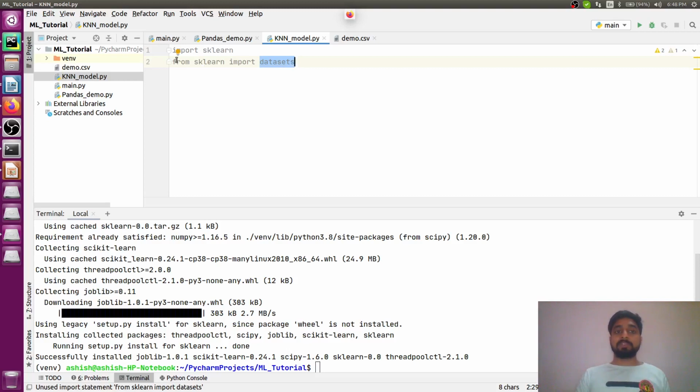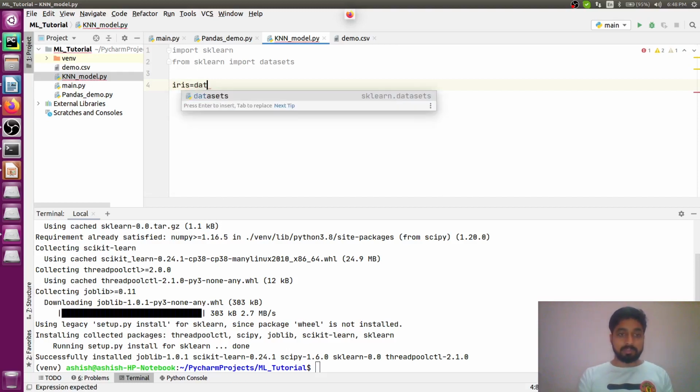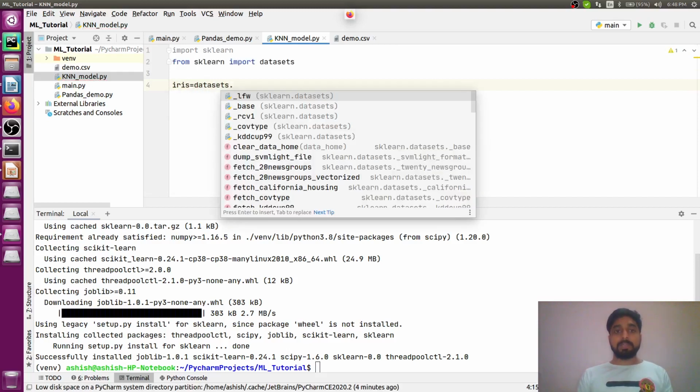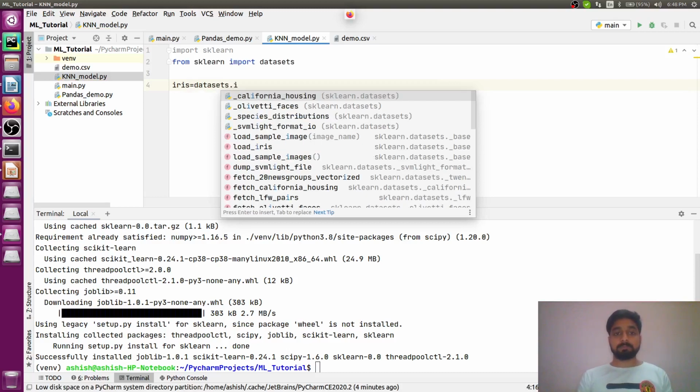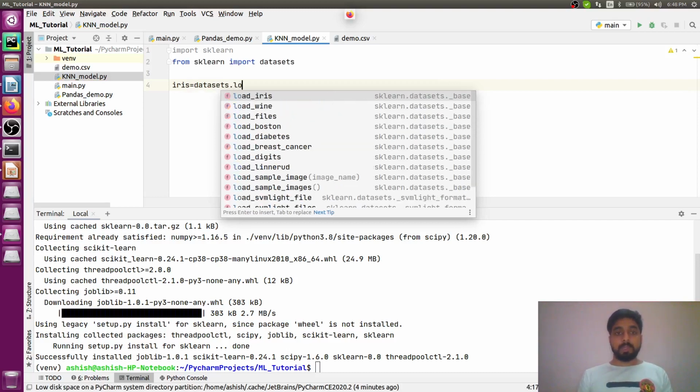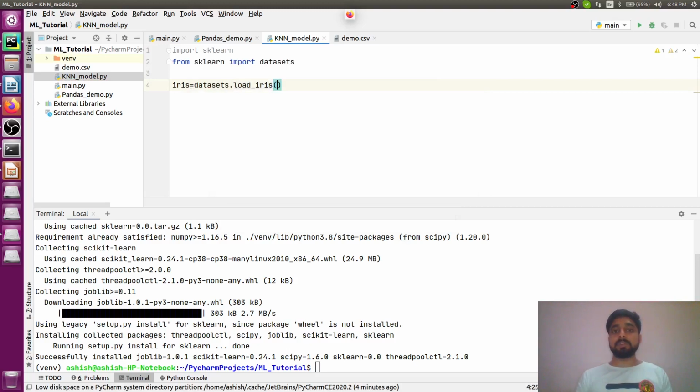So firstly I will be calling the datasets, and the dataset which I will be using here is the iris dataset. Iris is a flower dataset in which we have multiple data, and I will show you that just now. Just give me a minute. You can type datasets dot load_iris. So this is the data which we have in here.